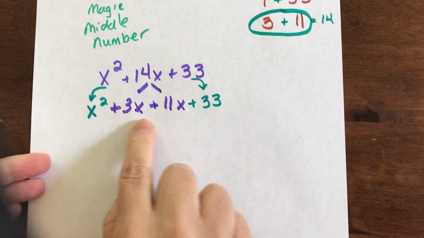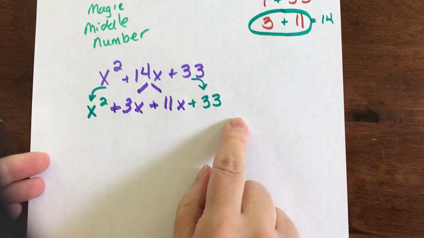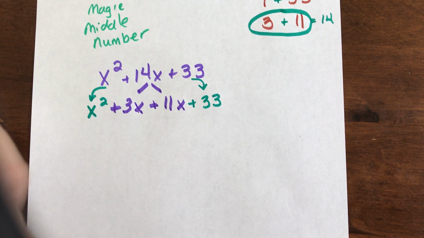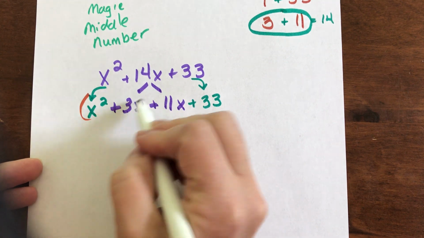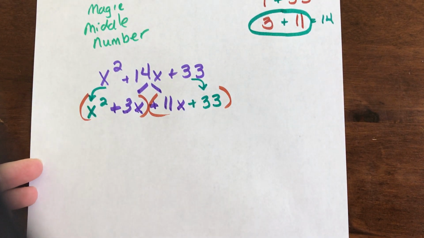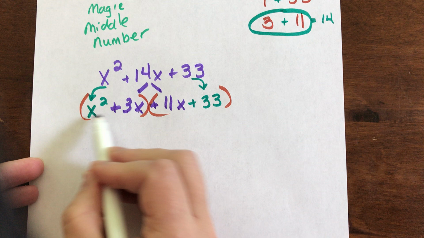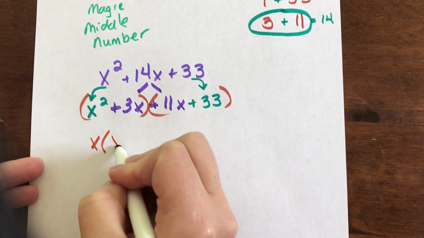So now, how many terms do I have? I have a quadnomial. So then what you do with a quadnomial is you factor by grouping. I'm going to group the first two together and the last two together. All right, the common factor, the GCF of this is going to be x, which is going to give me x plus